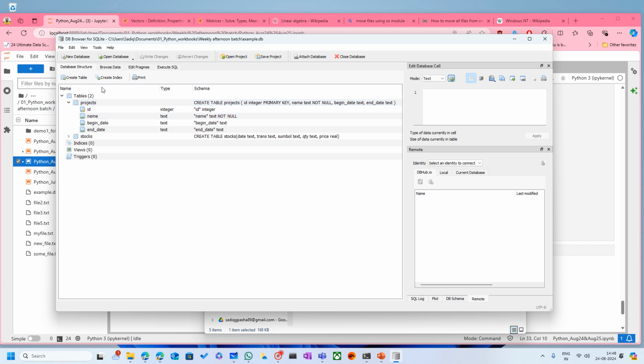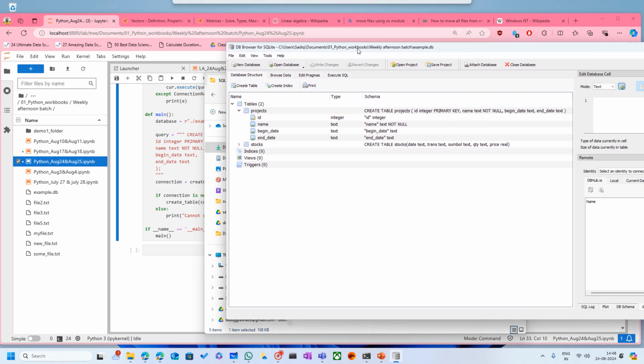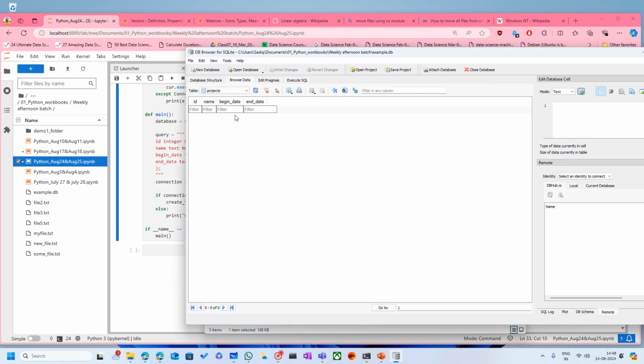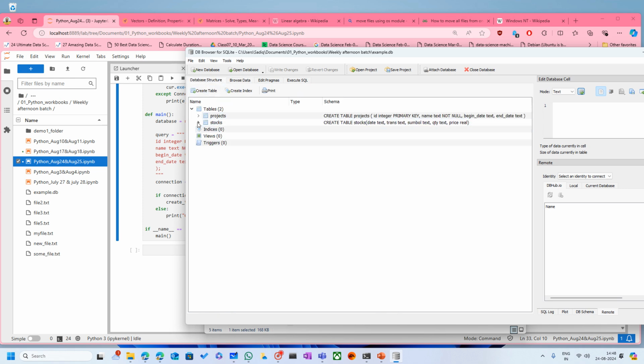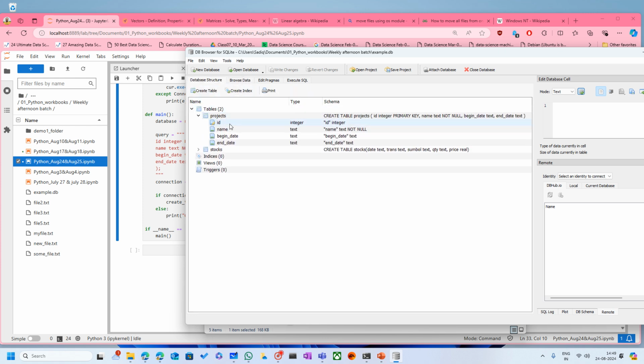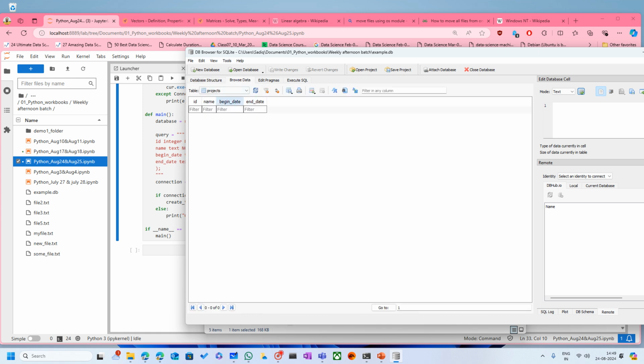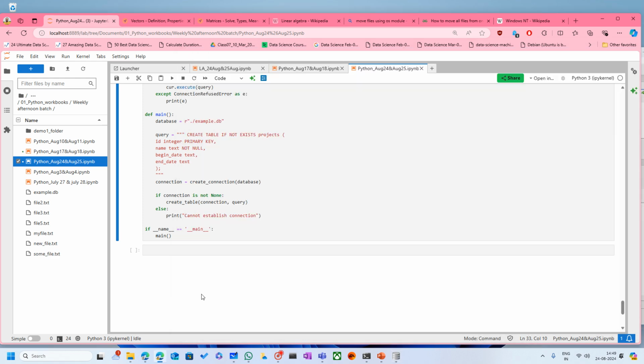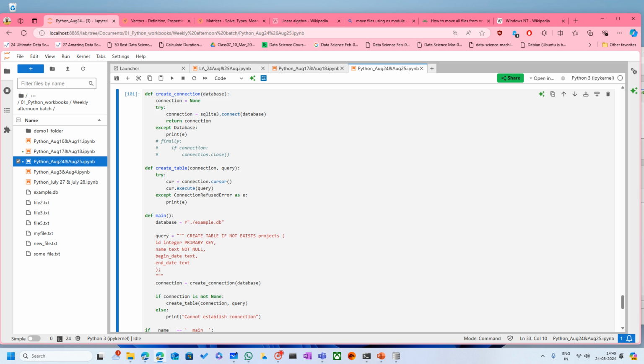Okay, anyway, now if you want to browse the data, you have to select first what to browse. So if I select projects, browse the data. Okay, that only has the table, that doesn't have any values, hence you're seeing it as empty here, but you are able to see the table names, the column names. Okay, this way you can write your functions